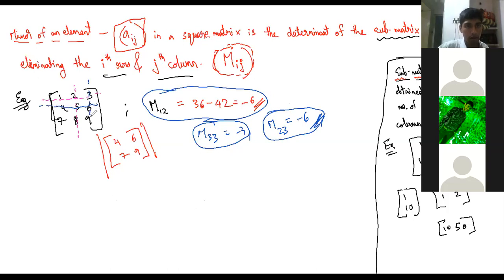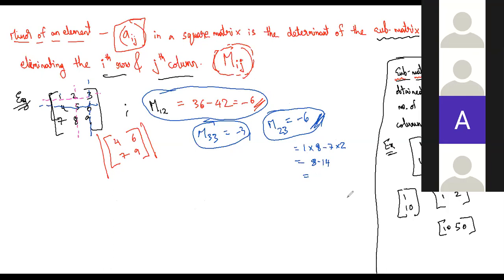M2 and 3. Okay. 8 minus 1 into 8 minus 7 into 2 ना, है ना? Yes, sir. पर सर आगे -1 to the power ij, ये क्या होता है? Sir, mij equals to -1 to the power ij into aij. ये क्या है? I never said that. मैं बोला क्या ऐसा? No, sir. चल ठीक है, नेक्स्ट